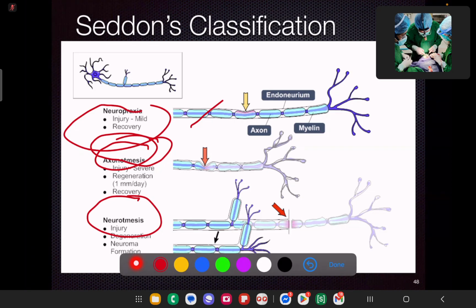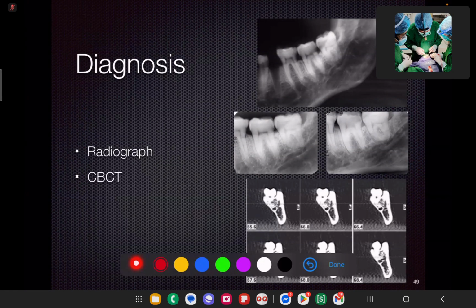So basically, neurotmesis sometimes does not recover at all, and sometimes they do recover. So it's very hard to determine the degree of paresthesia if you're going to wait for time. So that's why what I recommend is for you to be able to prevent such nerve injuries. So if you have a panoramic radiograph and it presents that on your surgical area